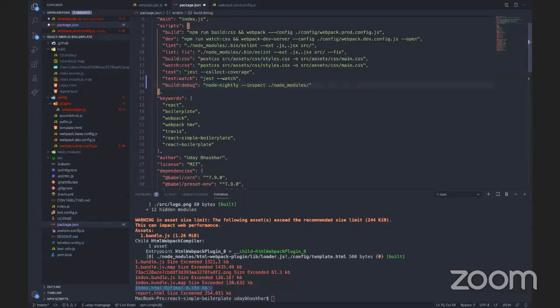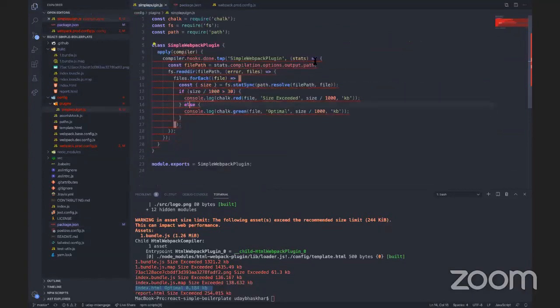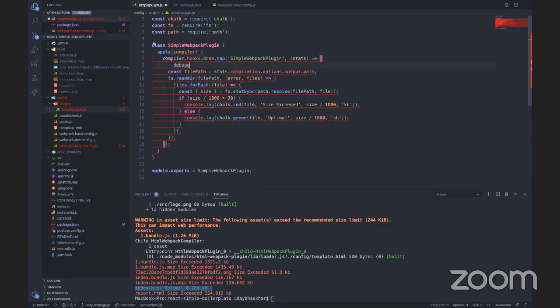I need to give the exact path of the Webpack because my Node Nightly doesn't take that. Webpack bin webpack.js, and I will give a config, okay, I'll just give this config. If I just want to debug this hook, I'll just put a simple debugger.